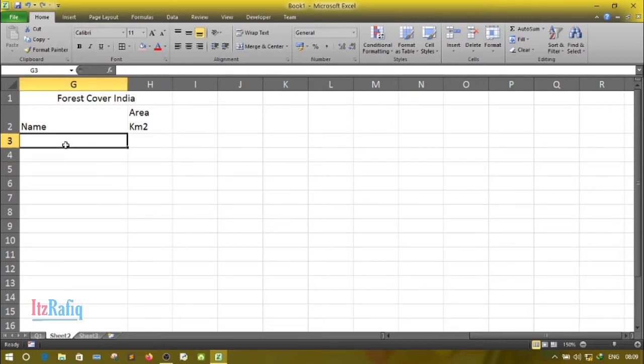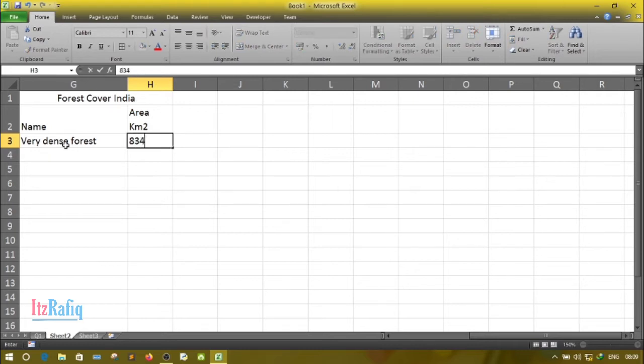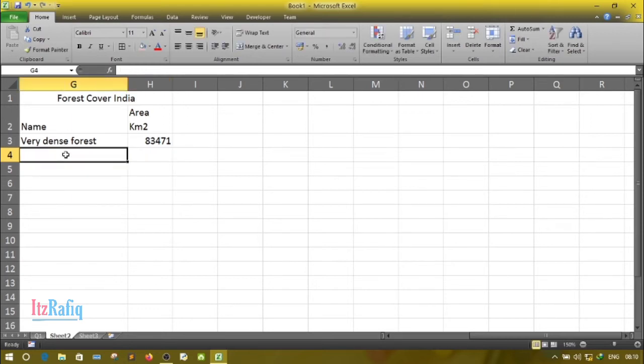Now we'll write the names of the area: very dense forest. It's 83471. Next, moderately dense forest.